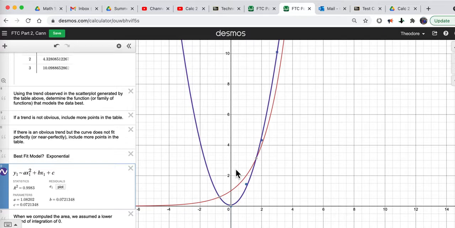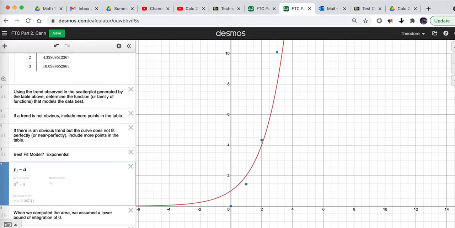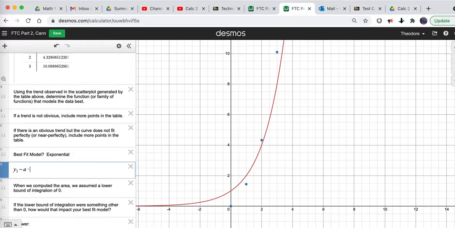I mean, you look at this and say, it's all 0.9983. That's really good. I know that there's a better one out there, but maybe you don't, and that's okay. Because if you put an answer here of quadratic and then show a quadratic regression, you've done your job. But I think it's exponential, so A times